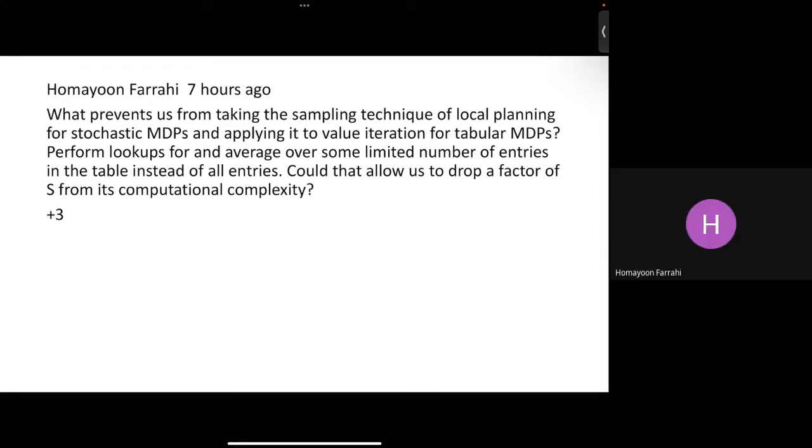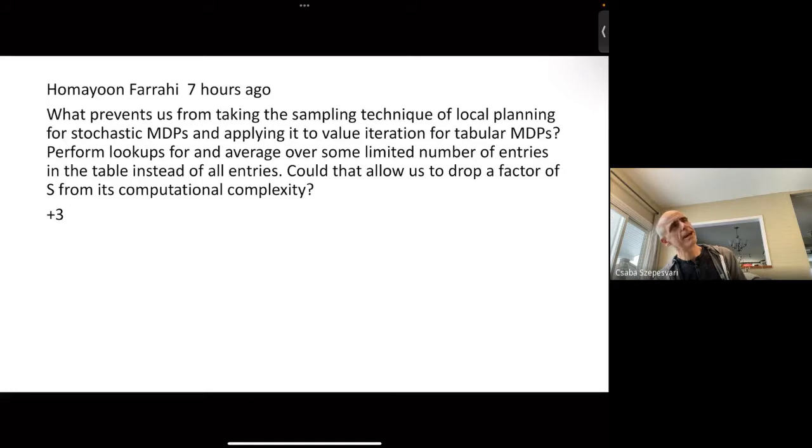But I also saw a theorem saying, I think, that value iteration cannot get better than S squared A. So, I don't think that we had a lower bound like that. I think that we were talking about how it's really hard to prove lower bounds which show that some polynomial dependence cannot be improved. I think that we had an algorithm independent lower bound though for S squared A